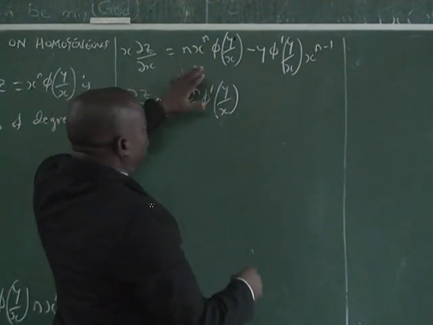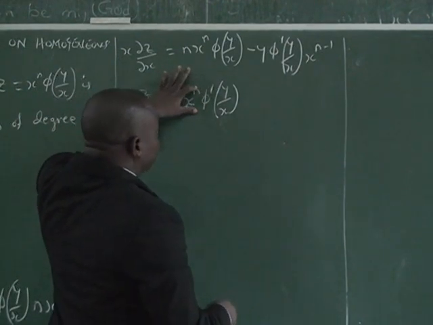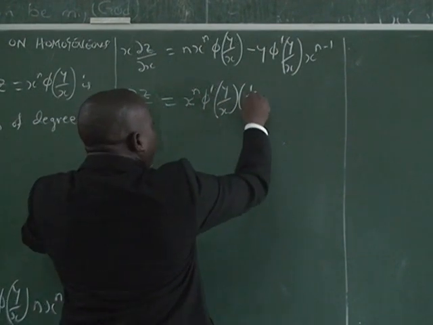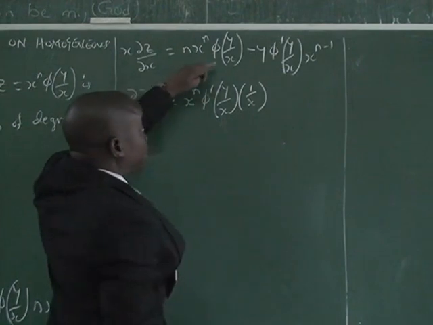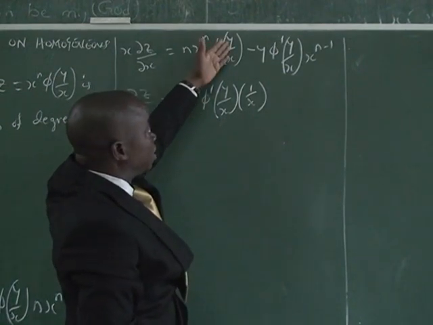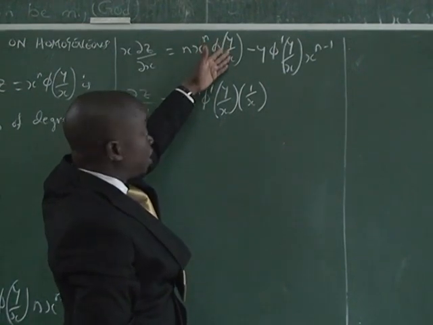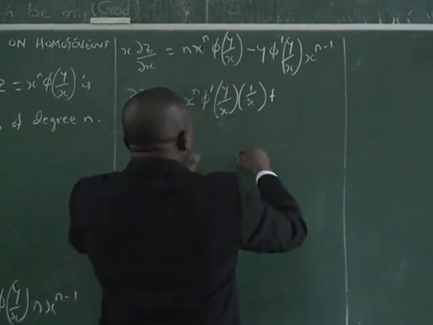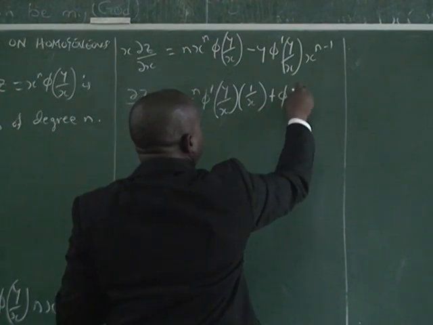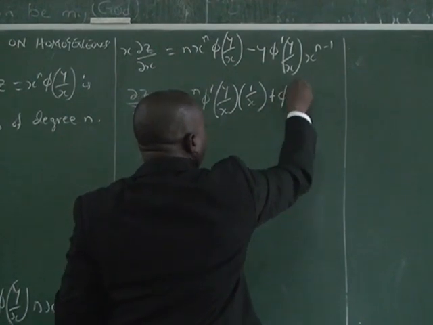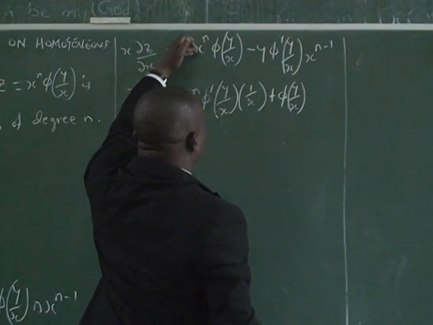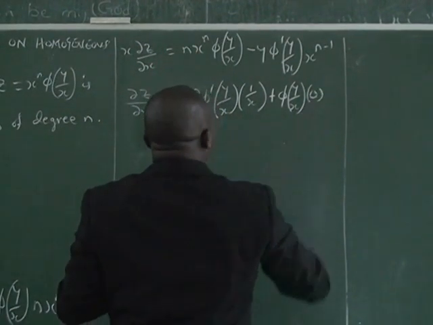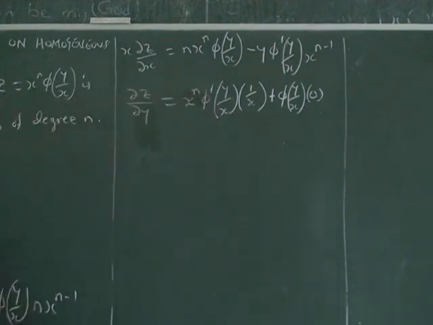We differentiate this. And 1 over x, of course, if we differentiate this function only here with respect to y, you have 1 over x. Plus, we also keep phi of y over x, and we differentiate n. X is equal to y when you have 0, because we don't have